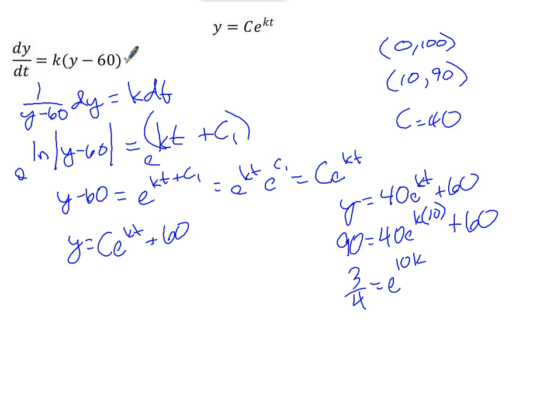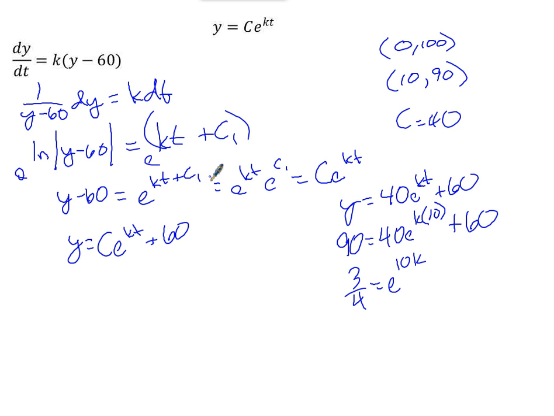So from last time we did a separation of variables. The y stuff got on one side with the dy, everything else on the other side with the dt. We integrated. We didn't need the absolute value. Why was that? Because the body temperature is already greater than 60 and it won't go below 60. So we don't need the absolute value, and then to get rid of the natural log, we make a base of e on both sides, and we wind up with y minus 60 equals e to the kt